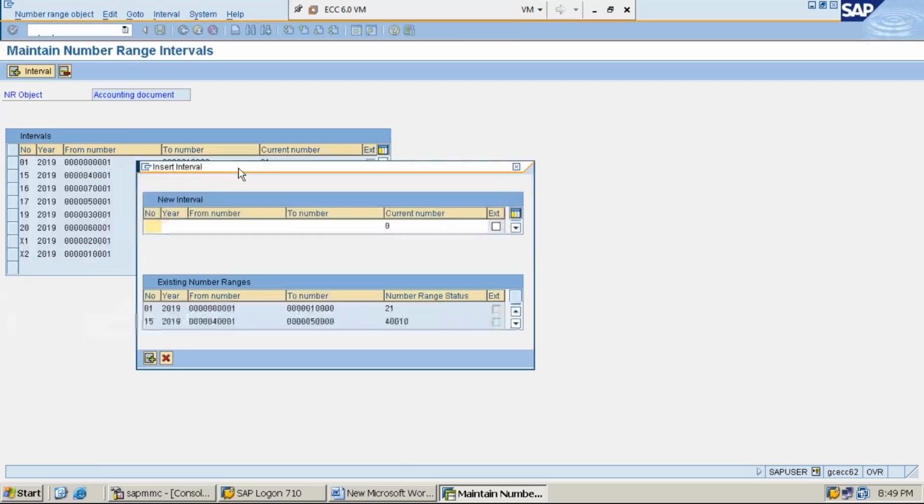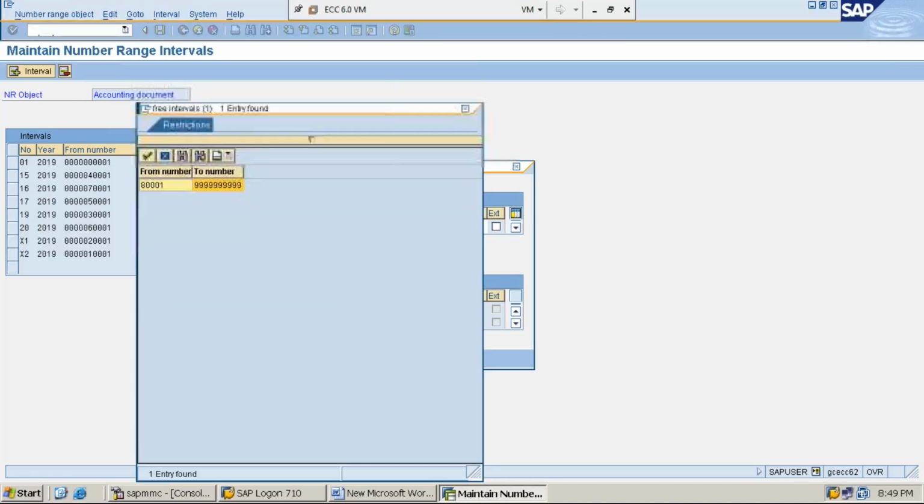give the number 18 and year 2019, from number. As usual, we can give our own from number, that is option number 1. Option number 2, always it is suggestible to depend on the system to know the from number. So click on this drop down button, system will display the available from number. So double click on the from number displayed by the system,